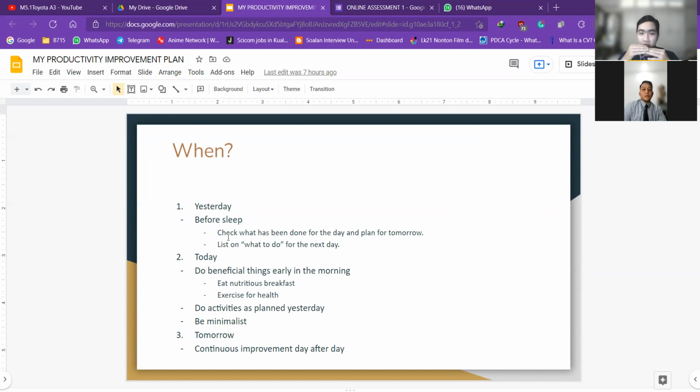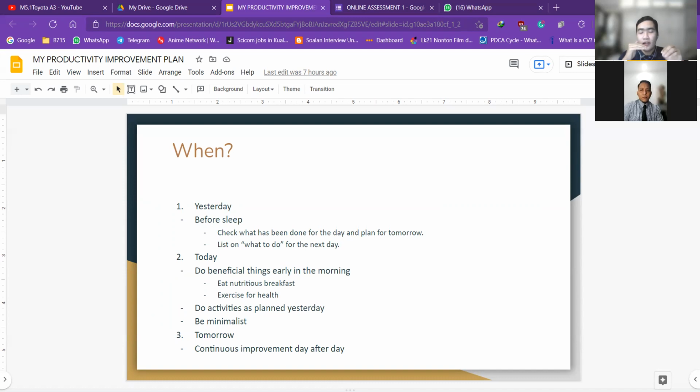That is to do beneficial things early in the morning, like eating a nutritious breakfast, and also exercise for my own health and also for my future self. And also do activities as planned yesterday, and also be minimalist. The term minimalist is what I really focus on in daily life, because when I keep things exact